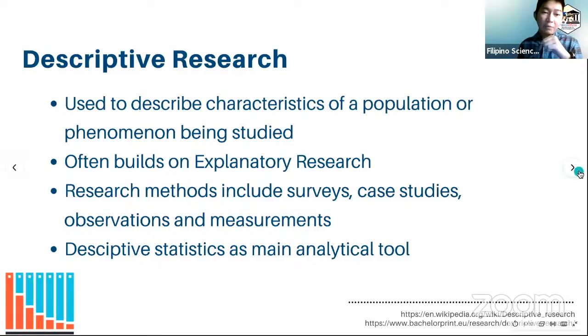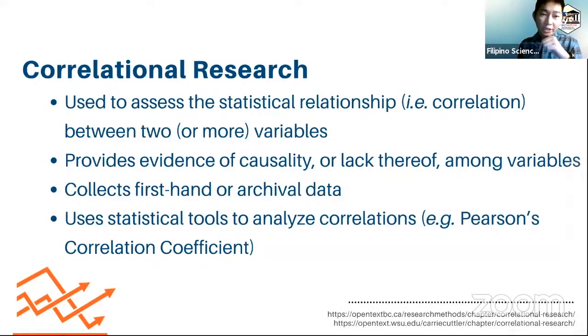And yun nga po, parang this descriptive statistics would be the workhorse for presenting your data. Okay. The next one is the correlational research, and this is a step further from descriptive